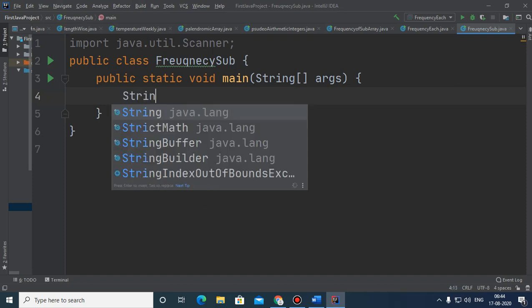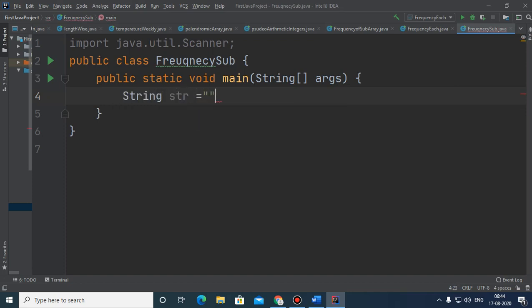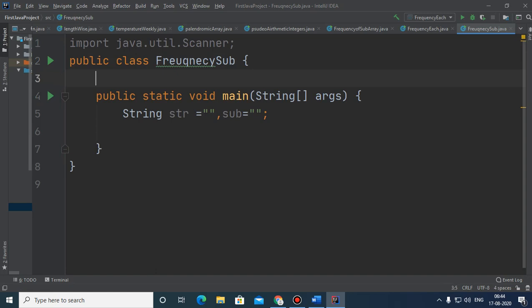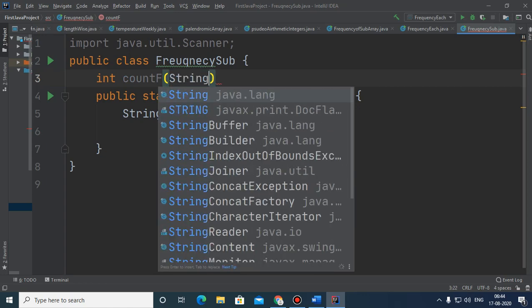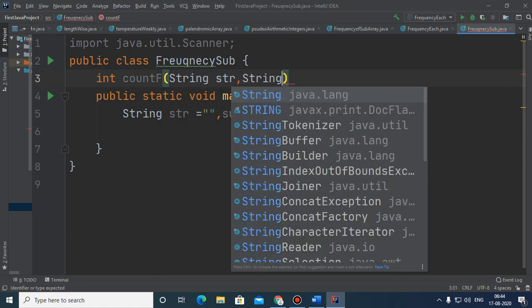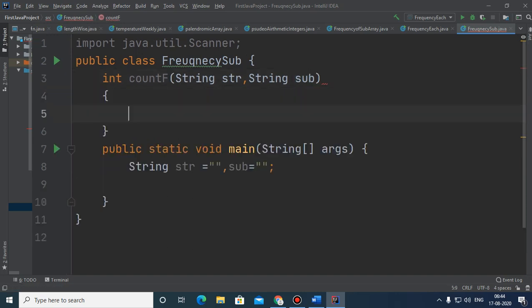For that, we need to take one str, and here we need to take this substring, and for that we will be making a function, and that function is countf, which receives two parameters. One is the original string and another is the substring. So first of all, see how this logic works.